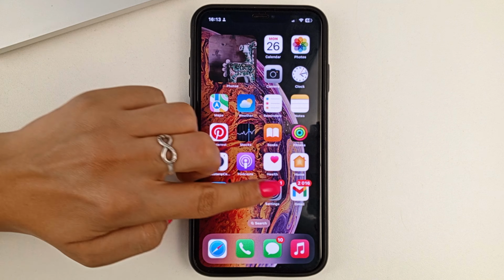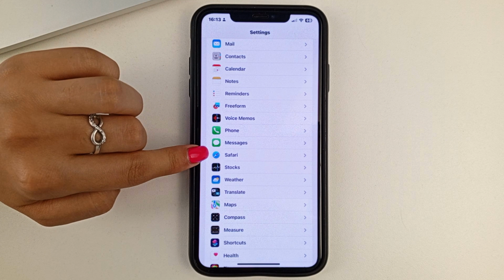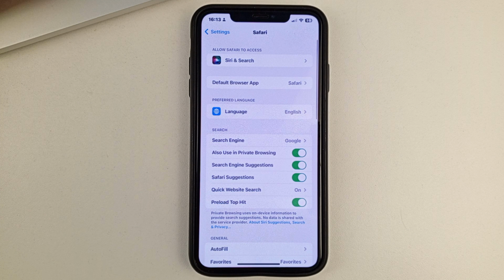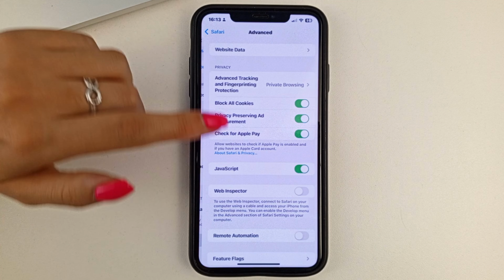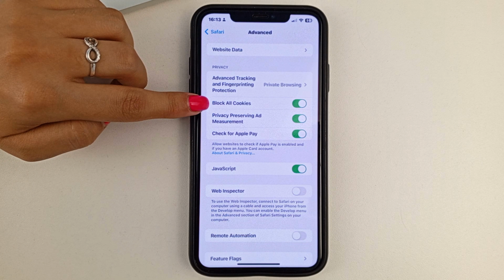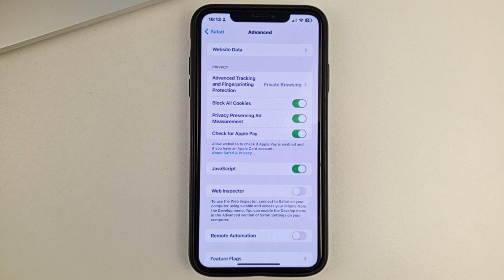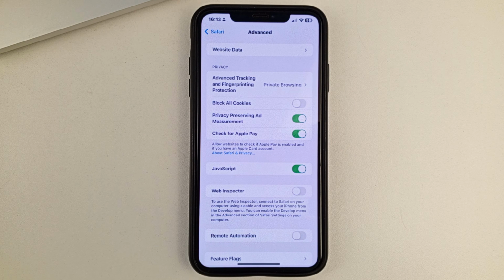First of all, on your iPhone, open your settings, and then scroll down to the bottom and find Safari. Go to Safari, after which also scroll down to the very bottom and here at the bottom, select Additional. And here you will be interested in this option, Block All Cookies. Next, to remove this block, you will need to click on this button. So you'll enable all cookies, and then you'll be able to access any site through Safari.